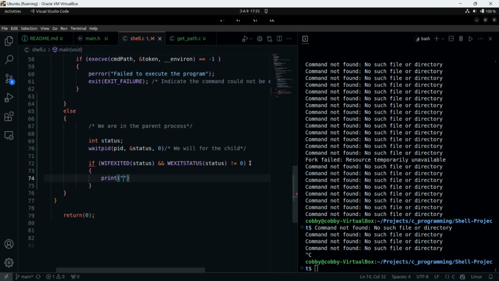We want to say that the child process, so that in order for us to see the ID, the particular ID is returned and everything. So let's say child process. After here, we would want to exit the program. So let's say exited with what? Exited with, let's say, a non-zero integer, just for clarity's sake, if it's not equal to zero. So it means it's a non-zero status. And then let's print that.